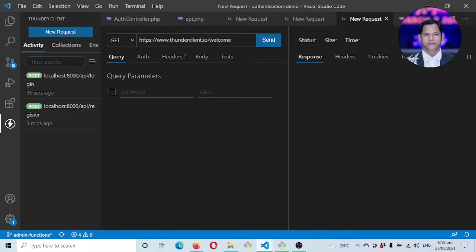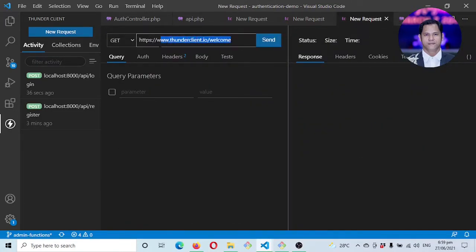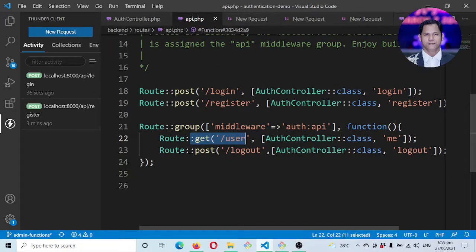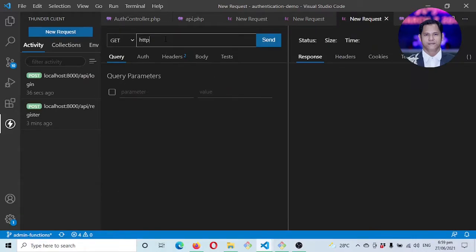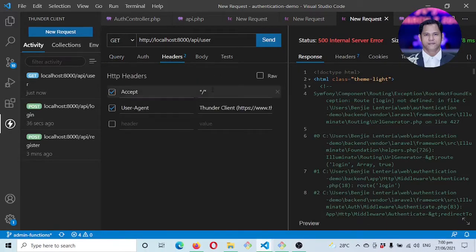Let's try opening up a get request for our user. And again, it's /user, which will call the me function. So http://localhost:8000/api/user. And of course, when you send this, and it should be JSON here,